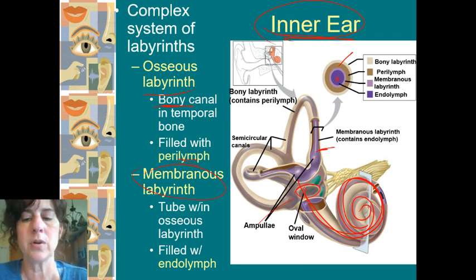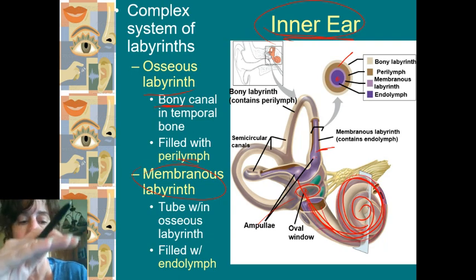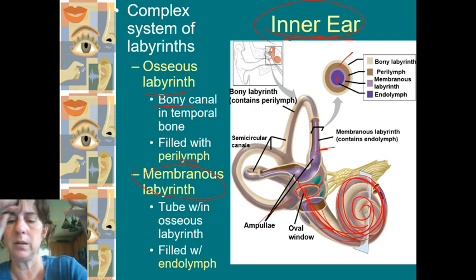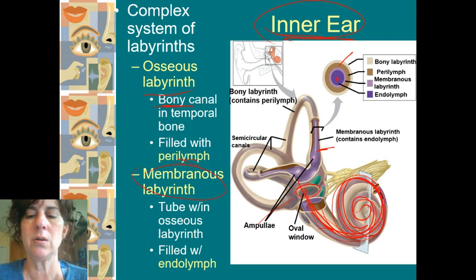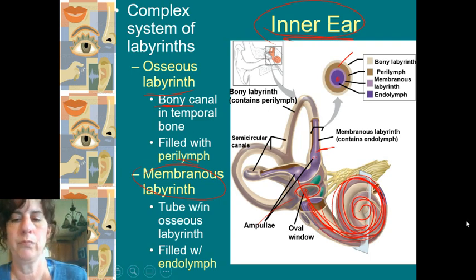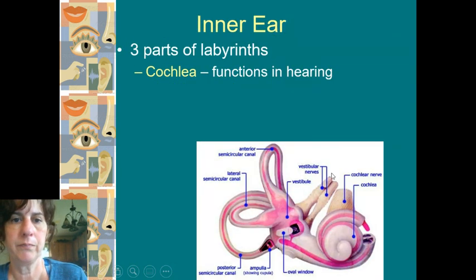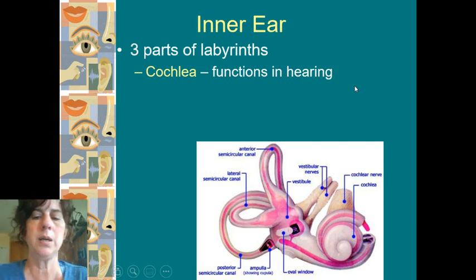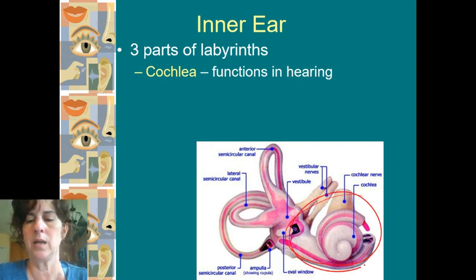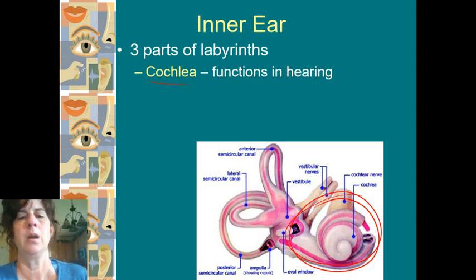As the sound comes in through this oval window, and it's a physical vibration from the bones, it's now going to be transmitted into a vibration of the liquids, and the liquids are going to move that sound through towards the interior of the snail shell looking thing called the cochlea. All right, so the cochlea is this portion right here. That part is for hearing.